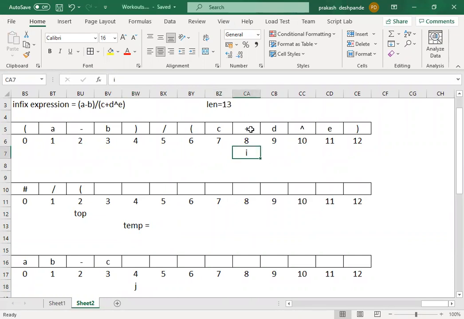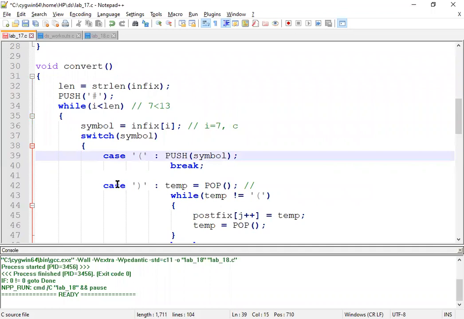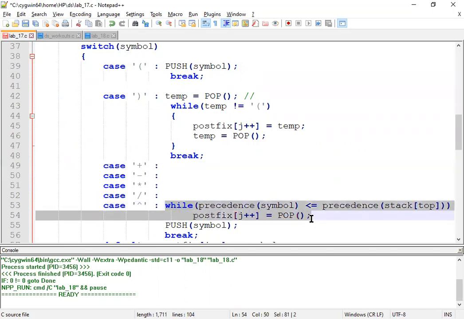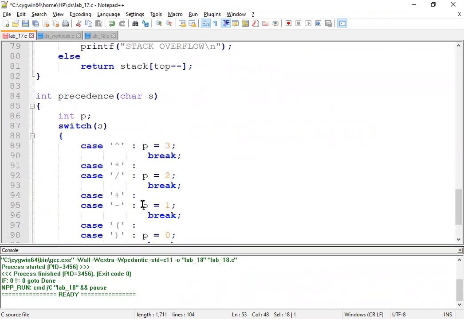The symbol now is plus. Since the symbol is plus, it will compare the cases and come over here. This particular case will be matched and these statements are going to be executed. So precedence of symbol: the scanning symbol is a plus, and for the plus, the precedence value is 1.